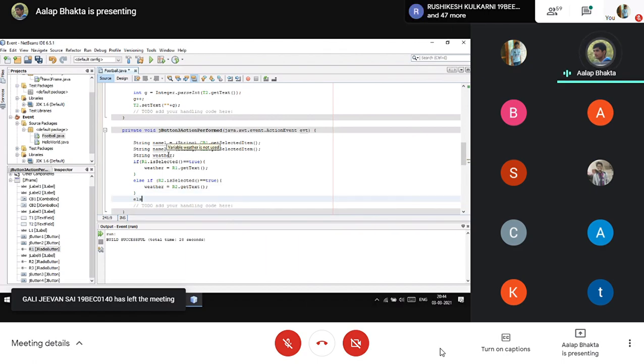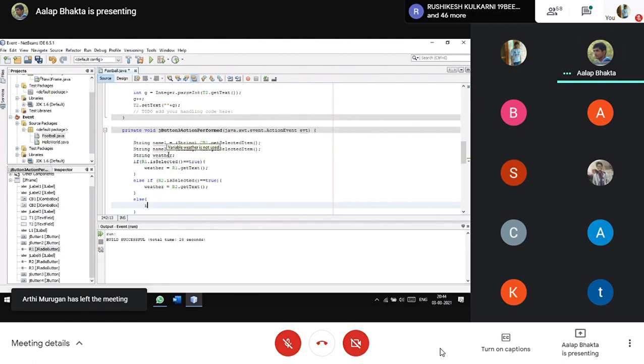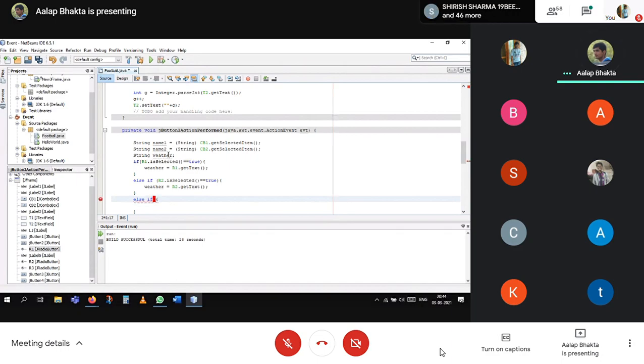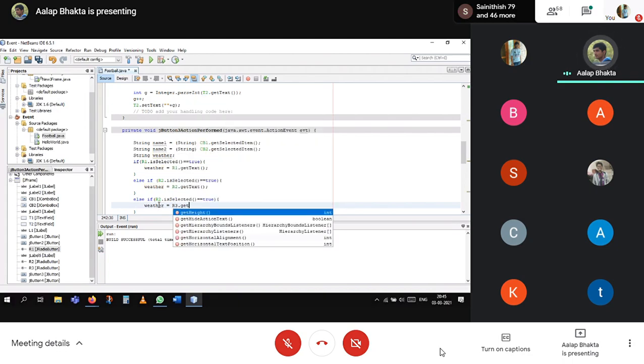Else if r3 dot is selected equal to true, weather is equal to r3 dot get text.